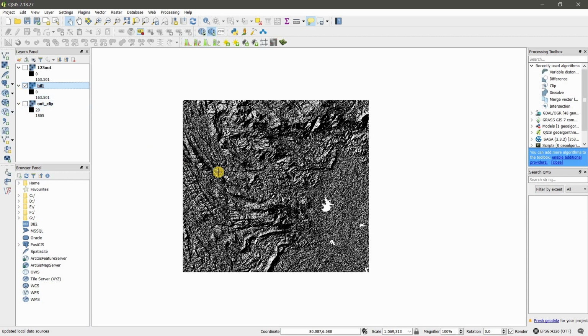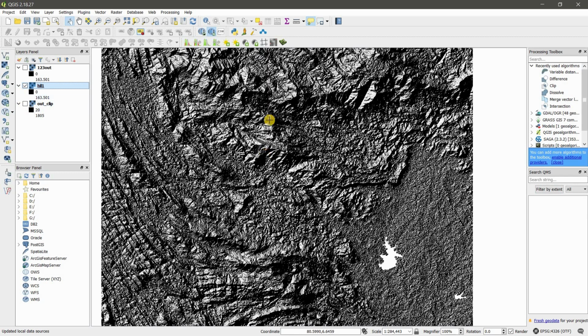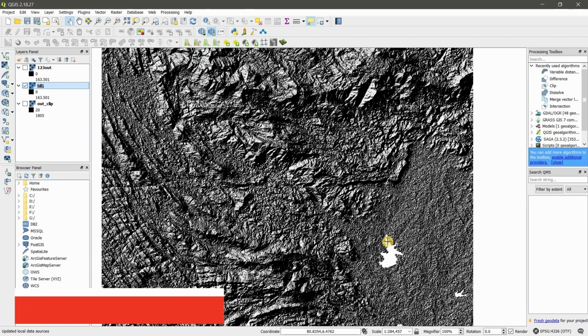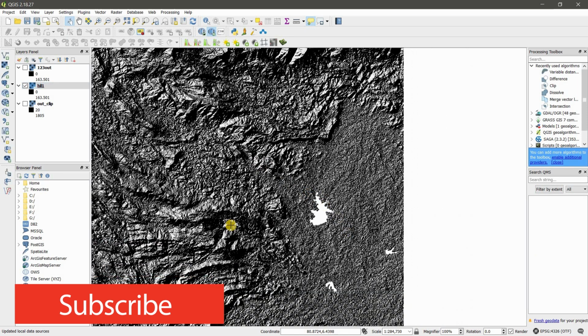This is my output. You can see based on the raster I have a hill shade raster. These are lakes and these are